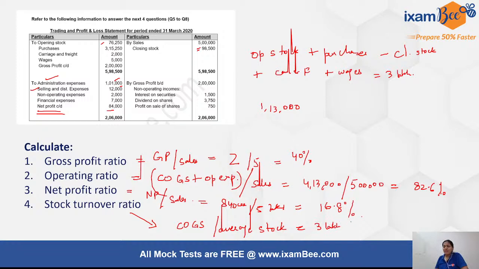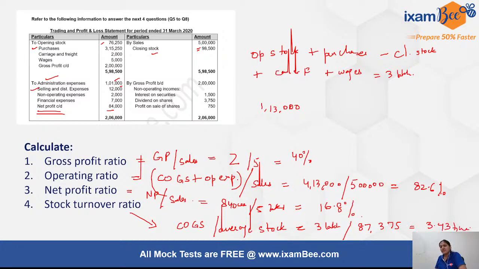And what is my average stock? My average stock is basically the stock that on an average I hold, right? So this is calculated as an average of my opening stock and my closing stock. So the average of 76,250 and 98,500 is what I had to take, which is 87,375, right? So when I solve for this, the answer is approximately